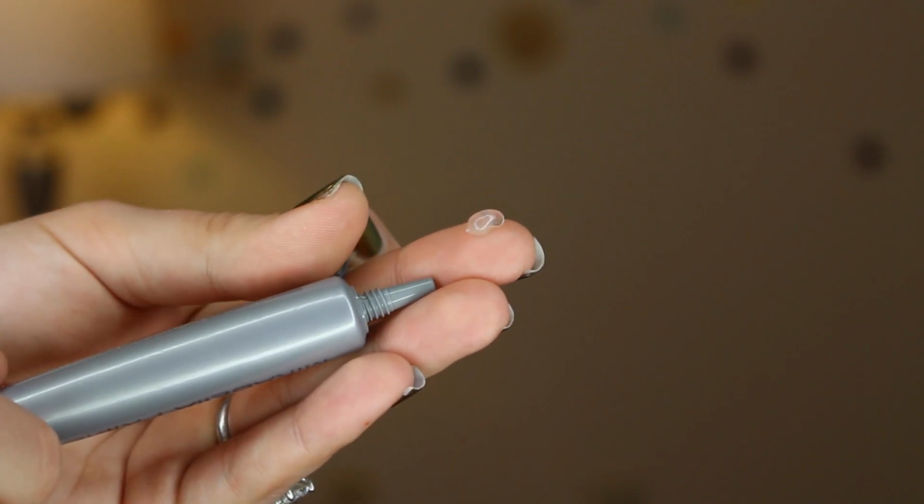This is not the first time I've tried this primer. I actually tried it a few years ago in a Beauty Box 5. While it does add a lot of great value to this box, it's personally not my favorite primer. It has silica in it, and so it's really great at smoothing out your skin. It leaves that silky smooth texture, but personally on my combination skin, I find that it almost makes my foundation